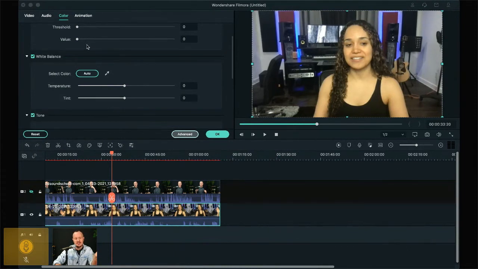I typically just like to go into the adjust tab here. And from here, I'll go to white balance. And here you can white balance things. So I'm noticing that she looks a little orange, a little yellow for my taste. So I think maybe a little more magenta color would look nice on her face. So I can start sliding to the right. And look, if I slide all the way over, it's way too much, right? So just a little bit of magenta there, to me, looks a lot nicer.